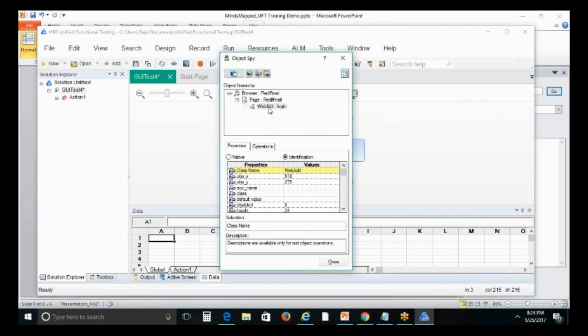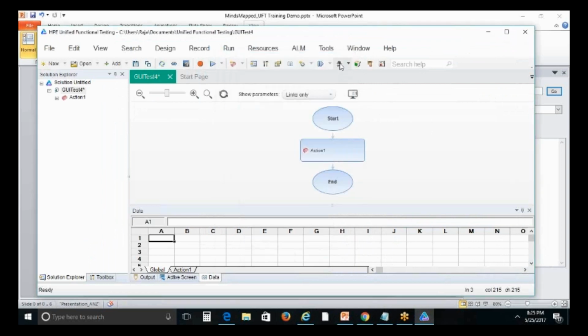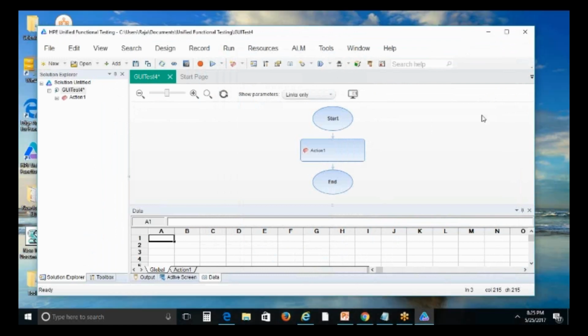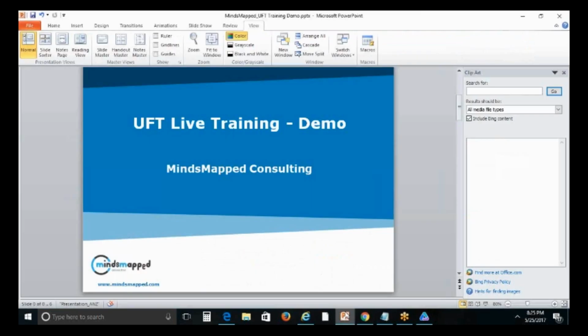However, once you get a hold of an application, you don't have to spy and know what object it is. But this is important because when you spy, it lets me know all the properties that have been assigned to that particular object, because this is the only way QTP will remember. We have our memory where we can remember things, but for QTP we have to instruct, okay, I think with so and so properties is what a login button is. So if you see, this Spy acts as an eye for QTP. Okay, going back to the presentation,